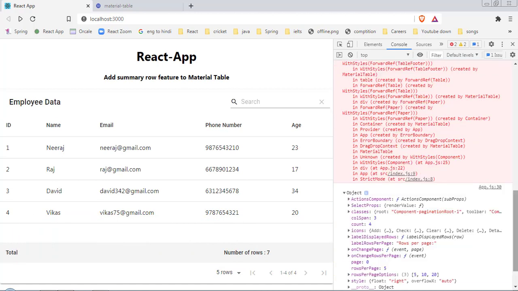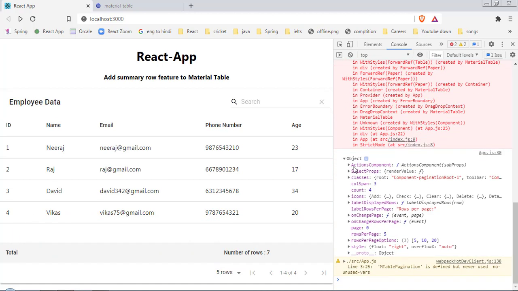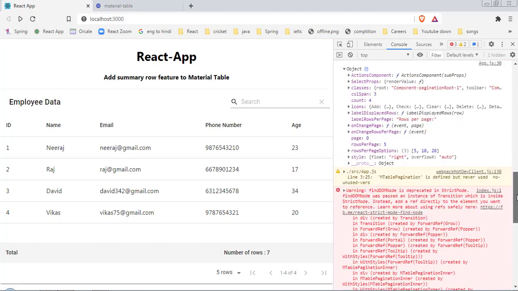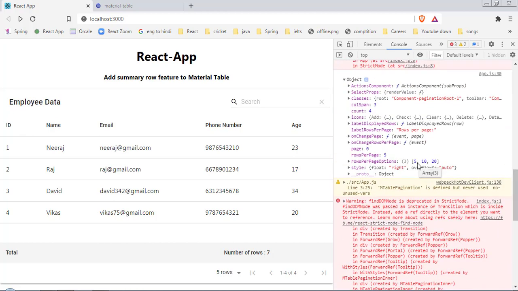Let's open this one, and here you can see I have the properties action component, select props, classes, column span, count. And this count is always going to be your row count, and this is the rows per page, the information we are displaying right now. On click of this we have to render some values, and those values come from here, the 5, 10 and 20. So let me show you.